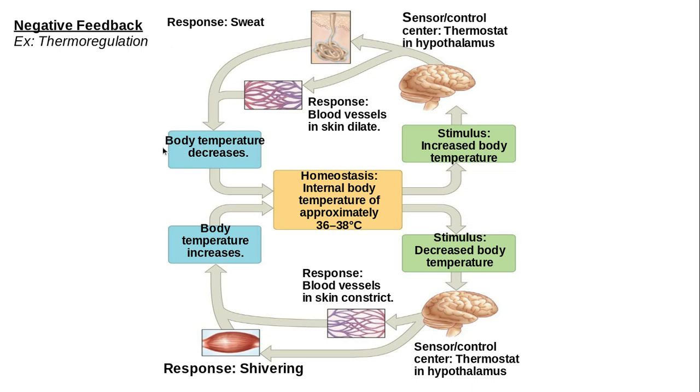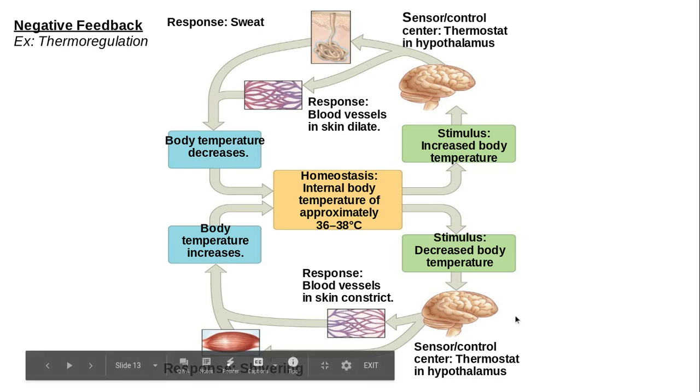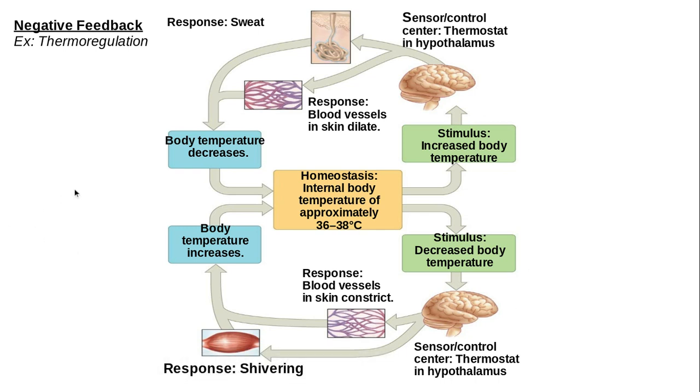But if we were to continue sweating after our body temperature decreased, we'd get too cold. So the production of sweat actually causes us to stop the feedback loop and come back once we get back to our internal good temperature. That's an example of negative feedback. The stimulus produces sweat, and the production of sweat signals the process to stop. Similarly, when our body temperature decreases and it gets colder, our thermostat senses that, our blood vessels are going to constrict, and we're going to start shivering. But when you shiver, that increases your body temperature, and that causes the other negative feedback loop when it gets cold to stop.